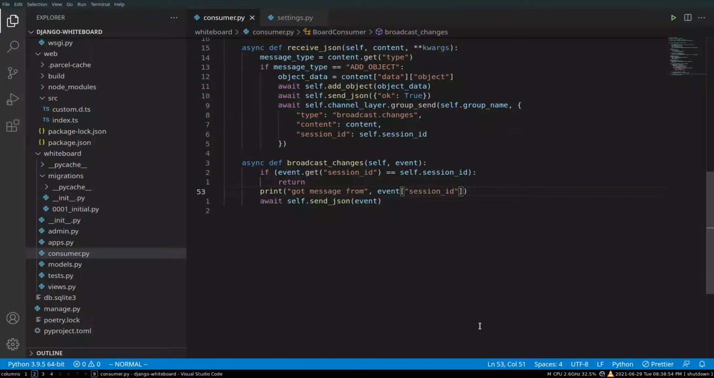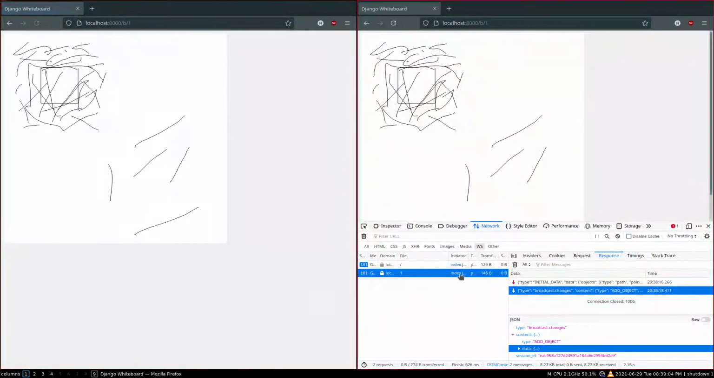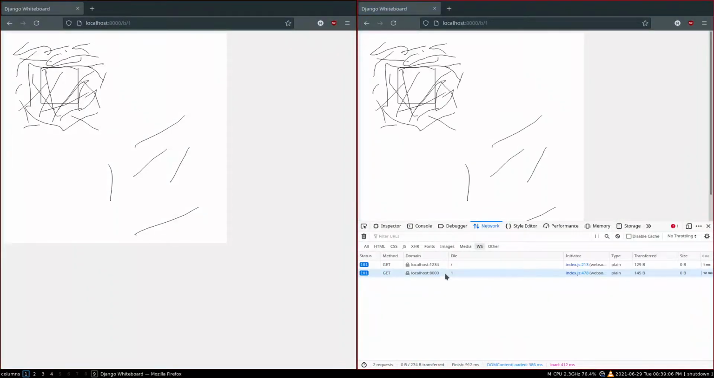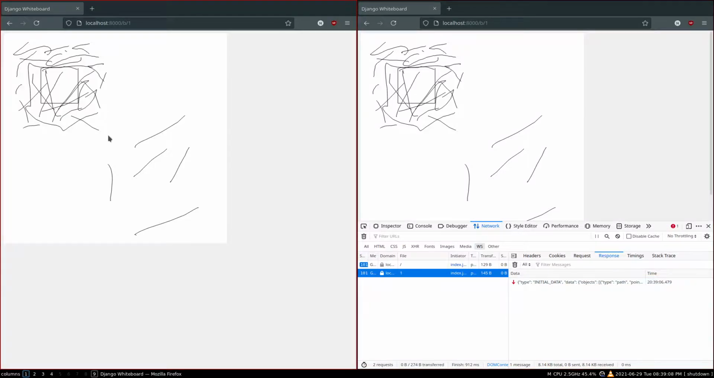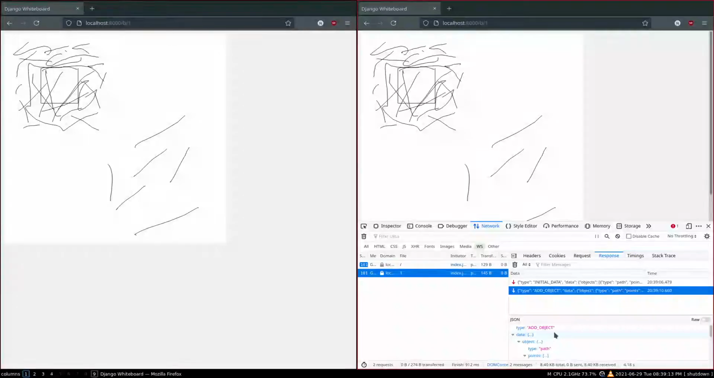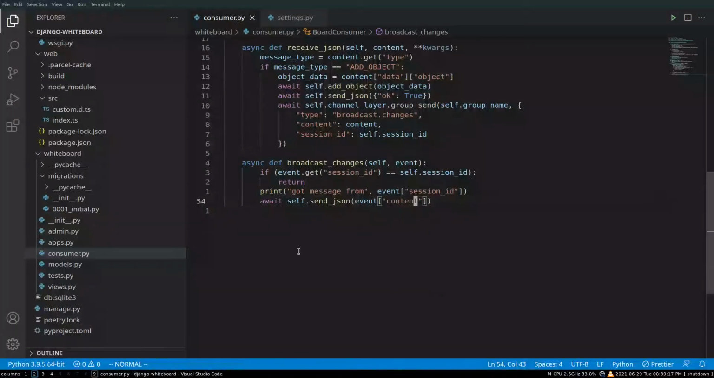I think we can just send the event.content here, right? Because the other stuff seems to be very internal. Right, so now I have add object, an object, yeah, things like that. So on the front end,